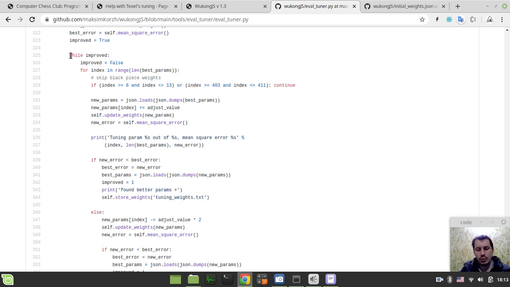You also need to make sure that you're testing newly tuned values versus your previous version, and only if it performs better can you keep those values, and then you can apply Texel's tuning to already tuned values. So that's the idea. The next thing to consider, we need to loop over all the parameters within the